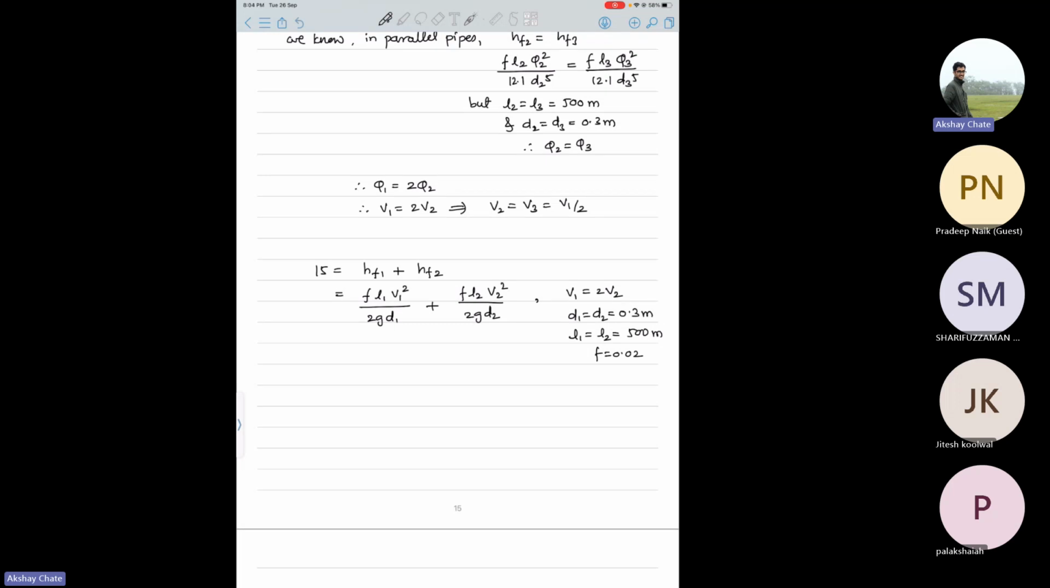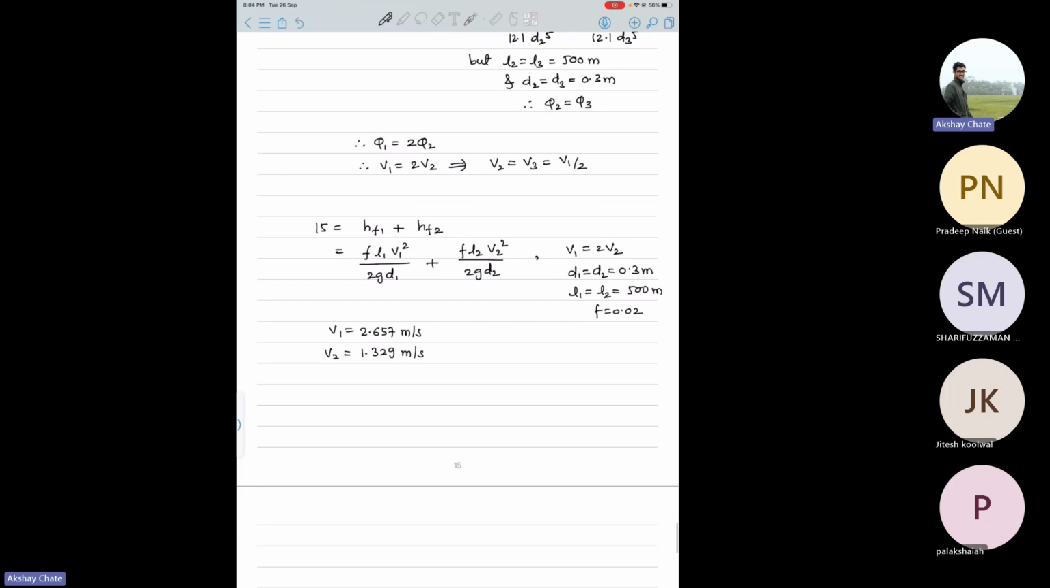So if you do the maths, the only unknown is V1. So you get V1 as 2.66657 to be precise, meter per second, and V2 will be half of it, which will be 1.329 meter per second. So if you calculate the flow rate, let's say Q2, that will be A2 V2, and if you put the values, you will get the flow rate as